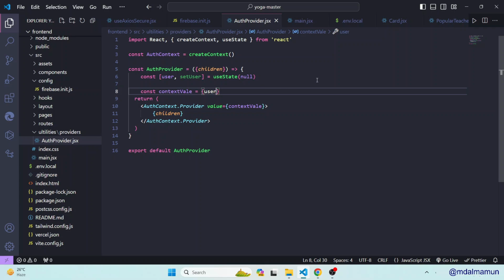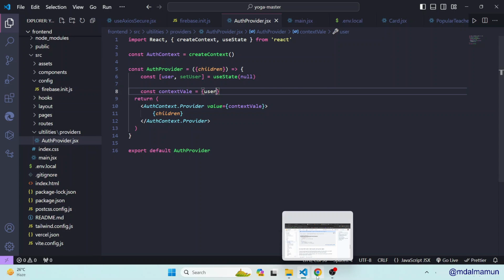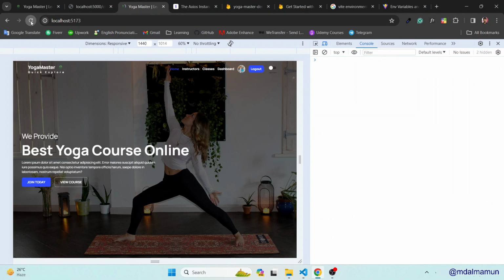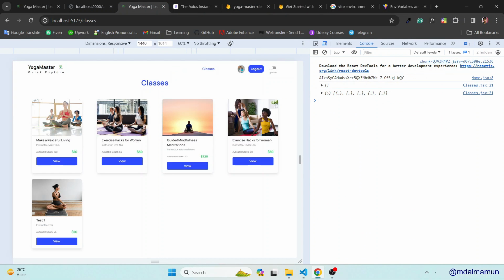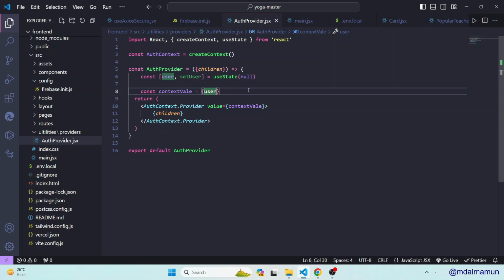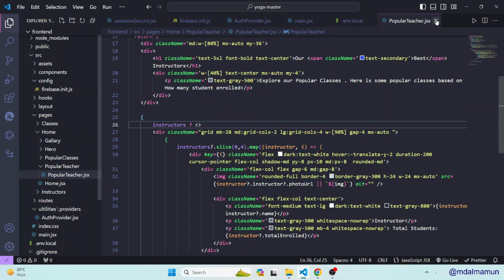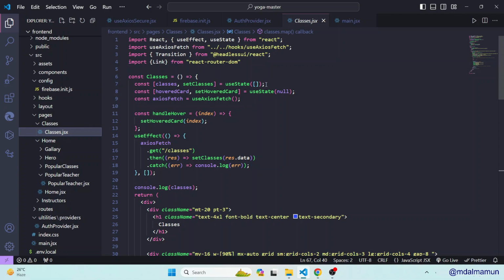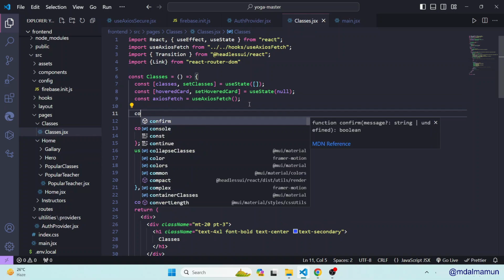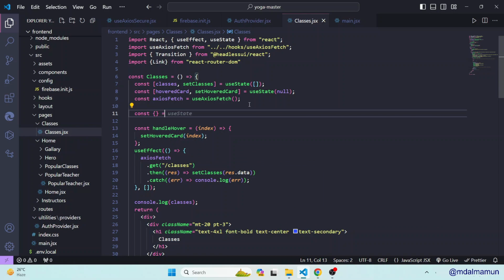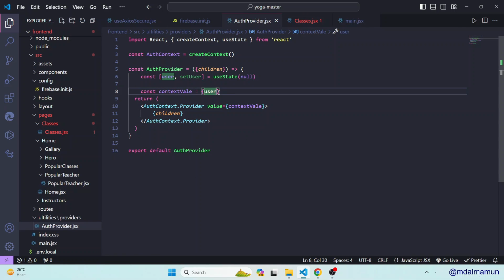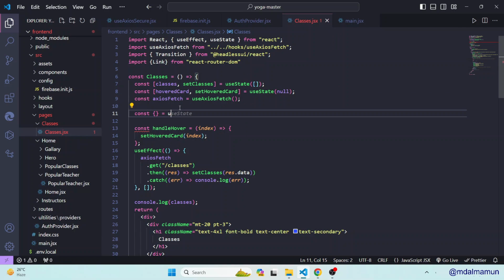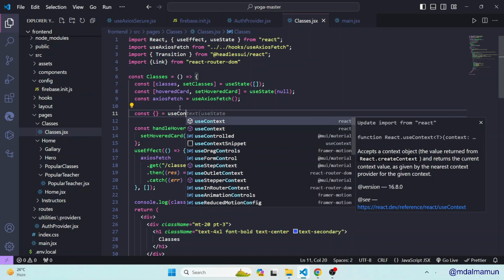So for now we can just pass our user here. From any component, for example, if you want to get the user on this class page, refresh it, so everything is fine. You will go to class, and you want to get the users there. How can you do it? You can simply call users this way. Actually let me show you where class is. Let me close all of this stuff, go to classes, this is class.jsx, and for example you want the users here. So you can just do const, and here we define curly braces, and we'll call the useContext hook,